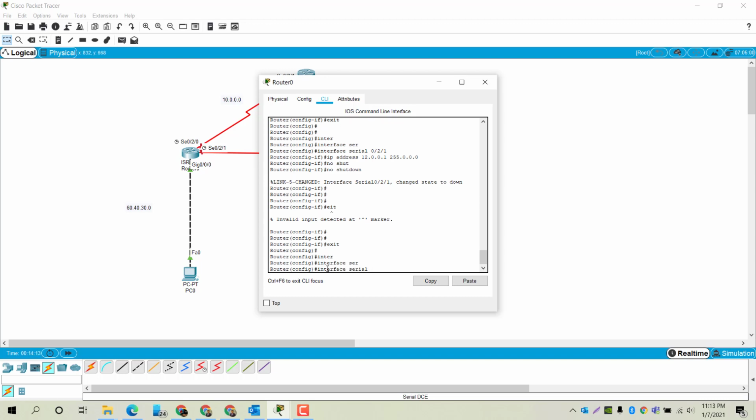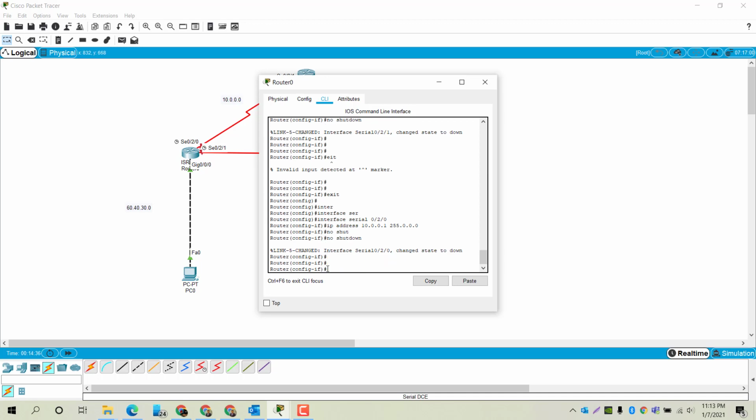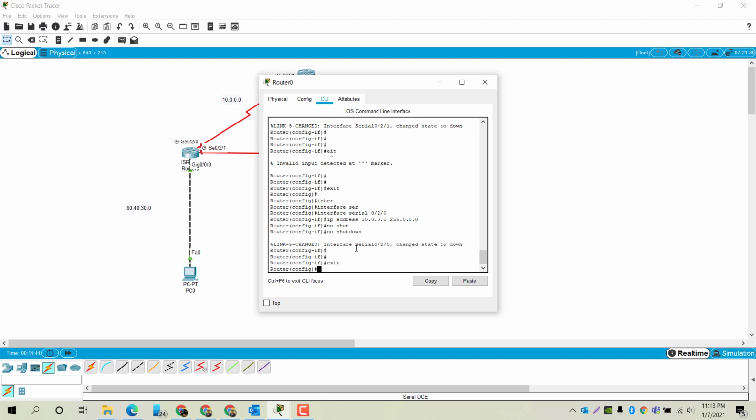and exit. Interface serial 0/2/0. IP address will be 10.0.0.1, and subnet mask will be 255.0.0.0, right? No shutdown. So we have successfully configured the three links going from router 0, and now we need to exit